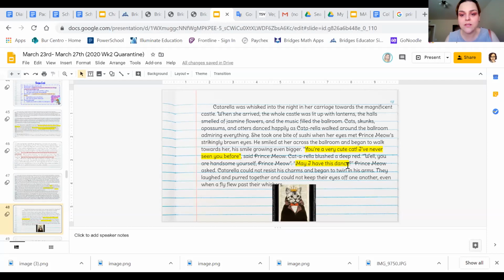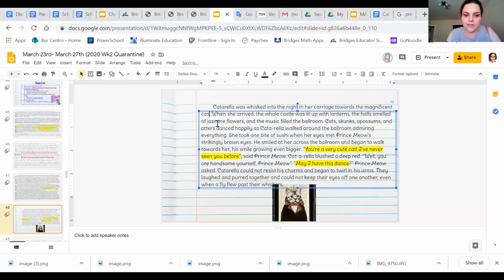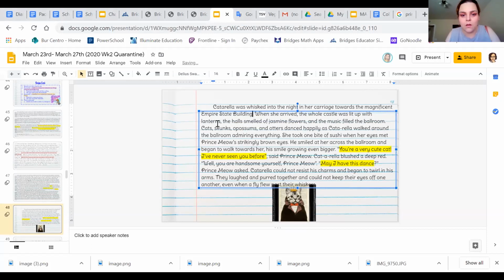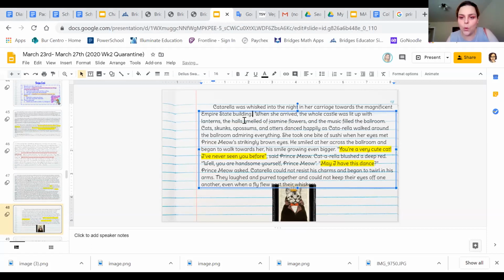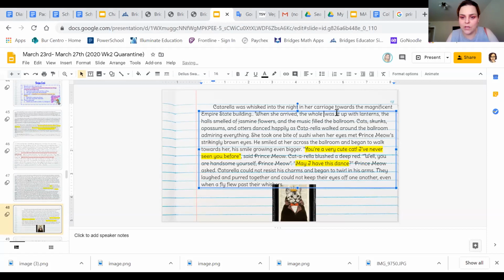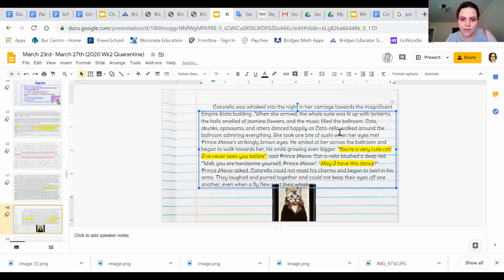So Catarella was whisked into the night in her carriage towards the magnificent Empire State Building. Made a mistake there. When she arrived, the whole suite was lit up with lanterns. The hall smelled of jasmine flowers and the music filled the ballroom.